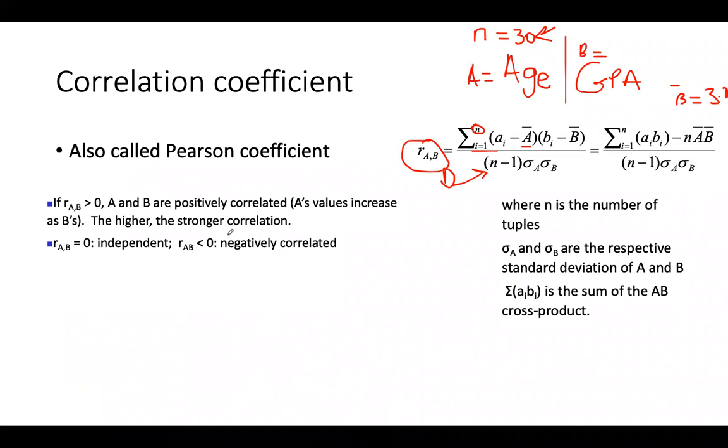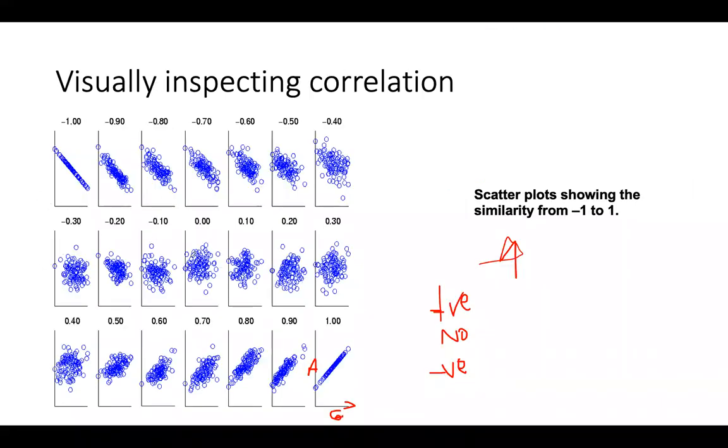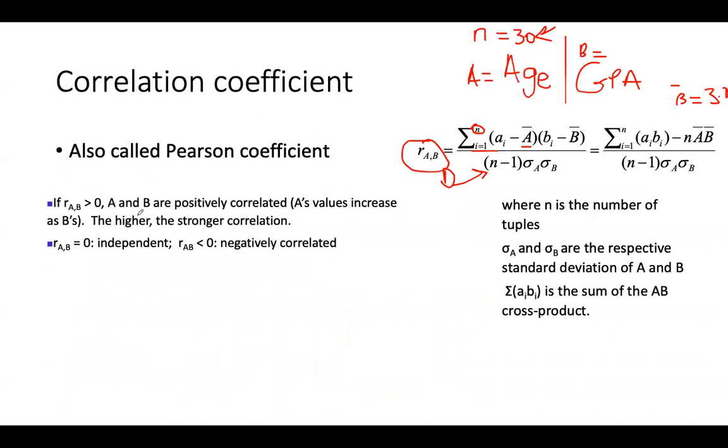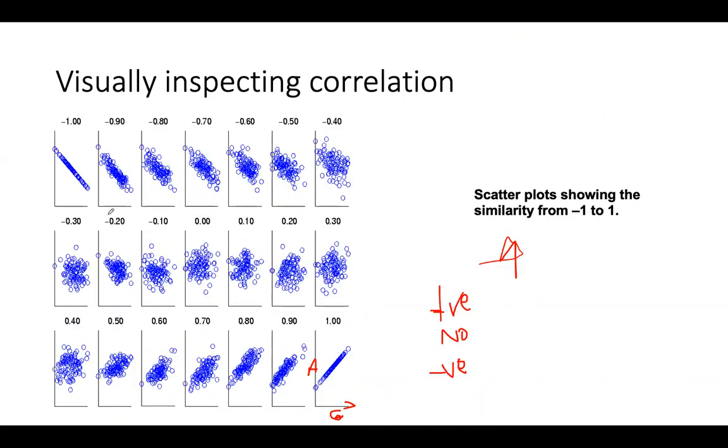And then here, if the correlation value equals 0, that means they're independent, right? No correlation. And you can see here, there seems not to be any correlation within the data points. It's just jumbled up. And then lastly here,